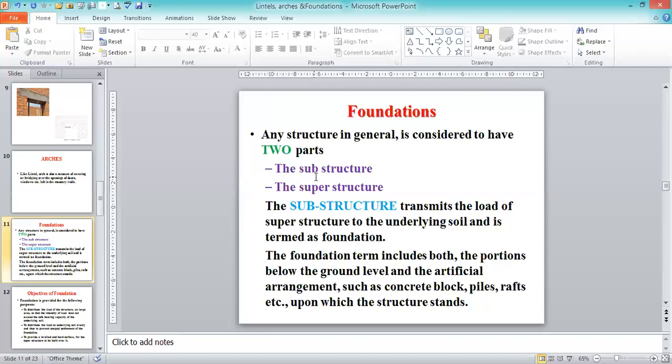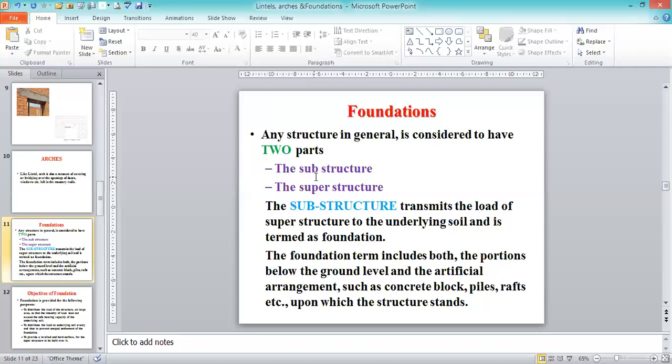The first initial property we have to verify is called the bearing capacity of the soil. If the bearing capacity of the soil is very high, then the foundation is designed based on that, whichever type of foundation we go for. If the bearing capacity of the soil is less, then we have to go for adding admixtures and designing the foundations, or otherwise we replace the weak soil with the strong soil.